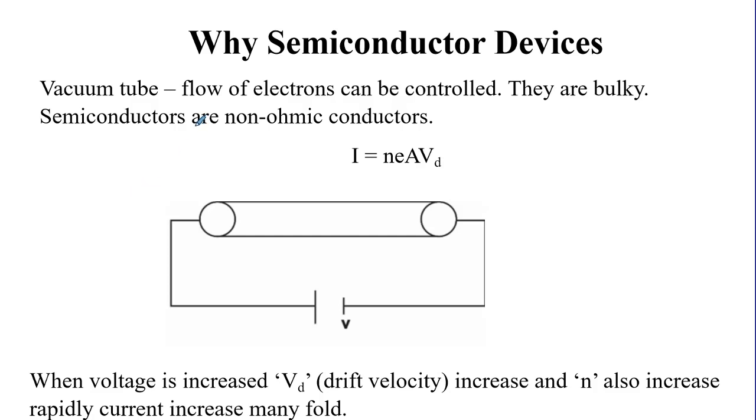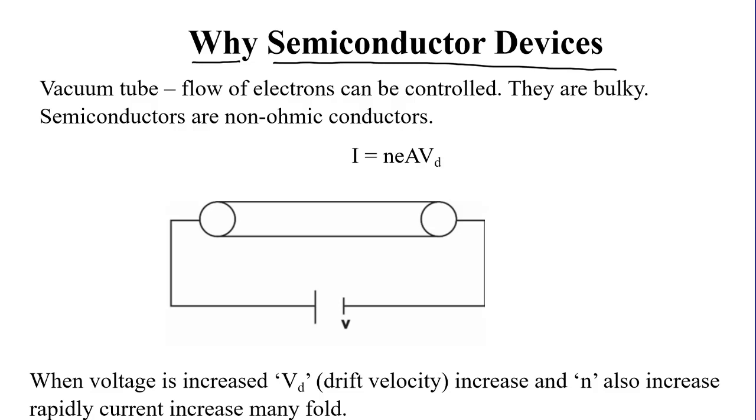Semiconductor devices. Why do we use semiconductor devices? This we are going to learn now. We are familiar with resistors. Resistors are ohmic conductors. That is, their current varies linearly with applied voltage. Hence, they are called passive elements because you cannot change the current dynamically either by varying the voltage or by other factors.